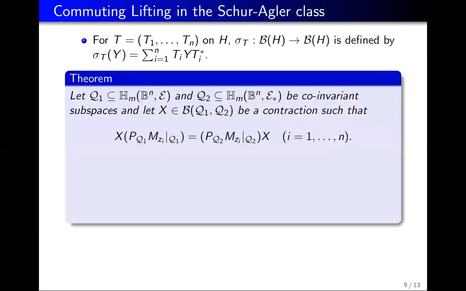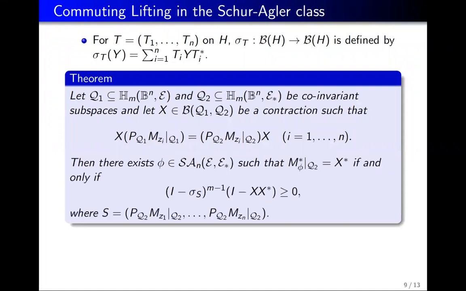Again, you take Q1, Q2, two coinvariant subspaces, and a bounded operator which intertwines the compression. Those were there before. Then you'll be able to find a lifting of X as m sub phi, for a phi which is coming from the Schur-Agler class, if and only if this X satisfies a certain positivity relation,